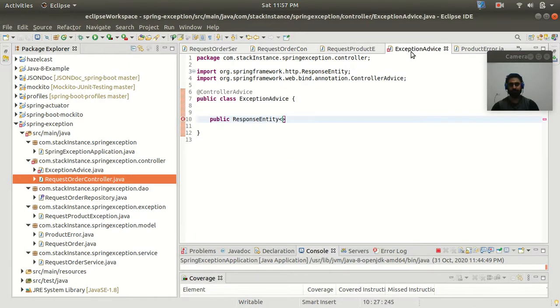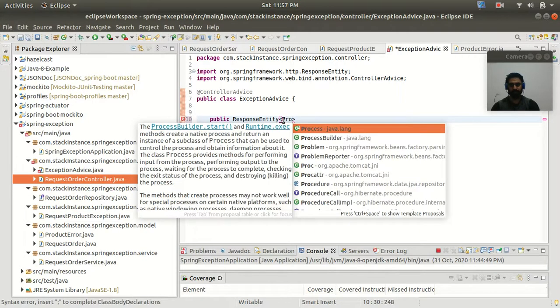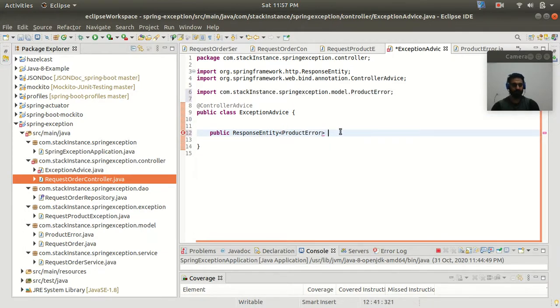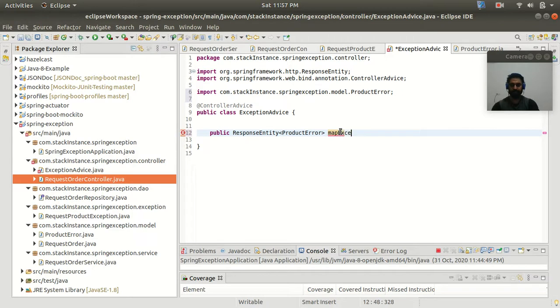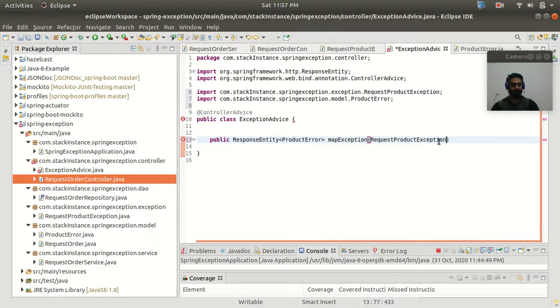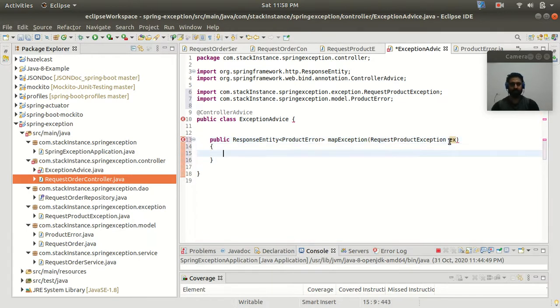So let's go to the exception advice, and here we have the product. Yeah, this is the ProductError. All right. So let's provide the method name as mapException. So here we are passing the RequestProductException as an argument.